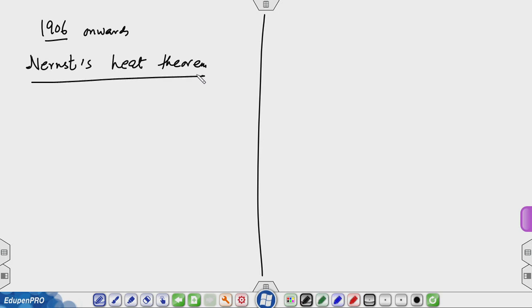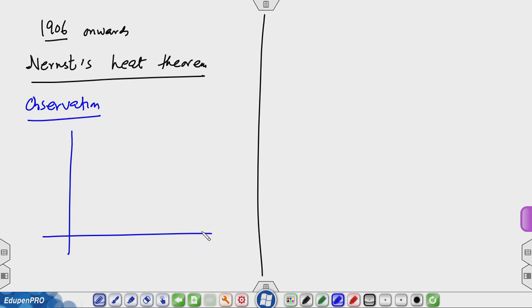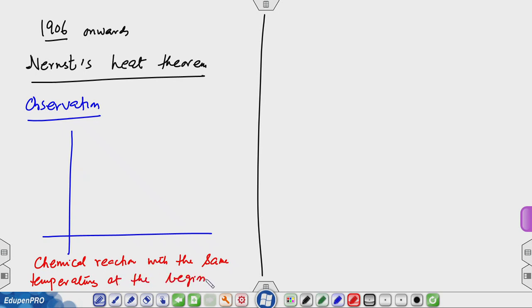This theorem is based on the observation that in a chemical reaction which occurs at the same temperatures at the beginning and at the end of a chemical reaction,